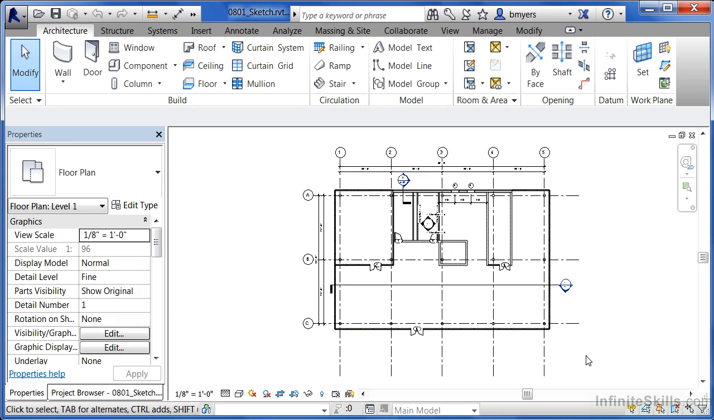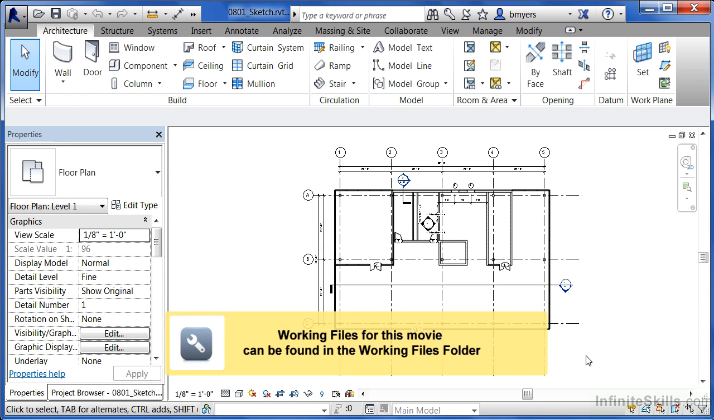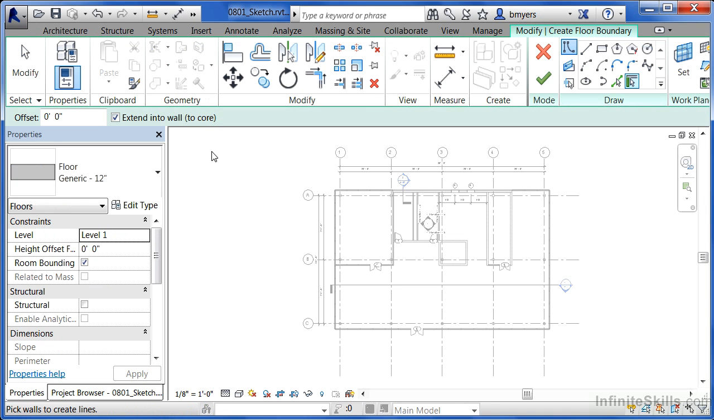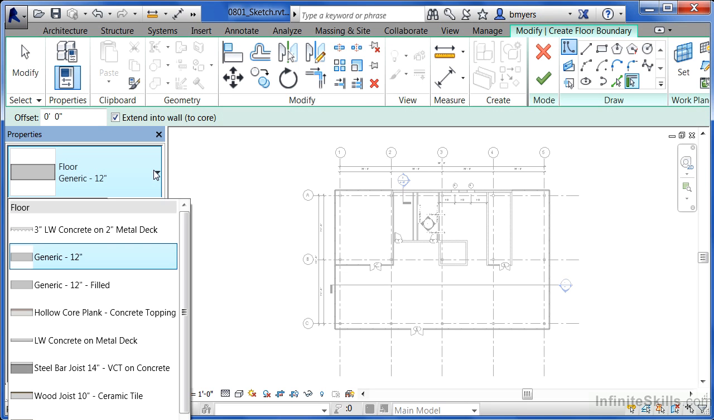In this video, we're going to learn how to place floors in our architectural project. To begin with, come underneath the Architecture tab, and then find the Floor tool, then select on Floor. When you do this, we'll see a variety of different floors that we can select off of the Type Selector